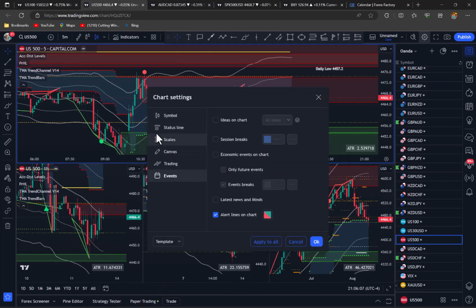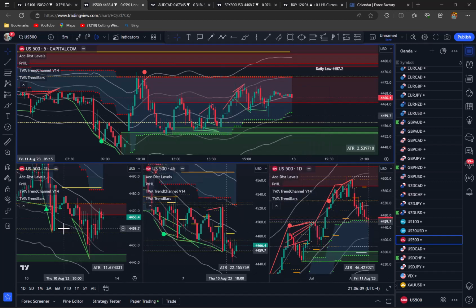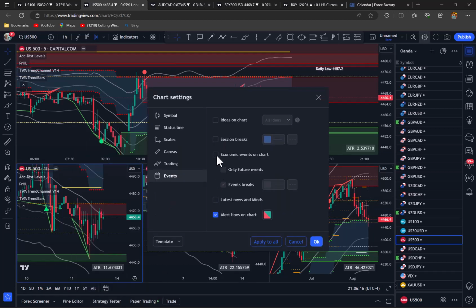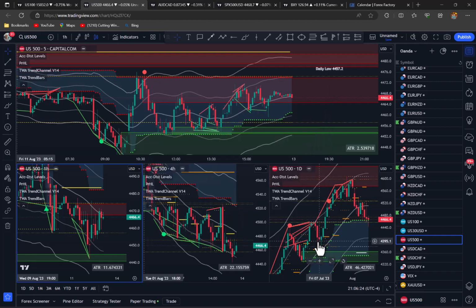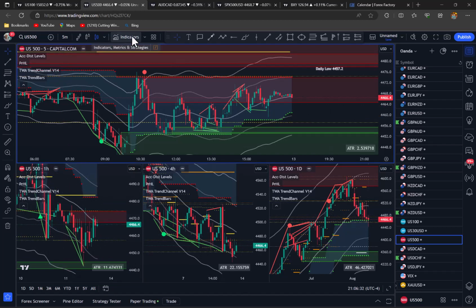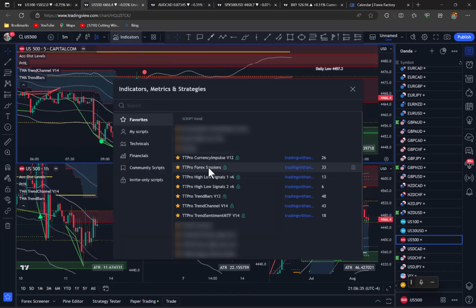And we bring in, in fact, we won't do that here. I'm going to do that on this chart at the bottom left. Right click it, settings, and I'm going to bring in the events, economic events, and I want all of them, and I'm going to go OK. So I've got that on the bottom left chart. Then we're going to go to the 5-minute chart and we're going to introduce the Forex sessions